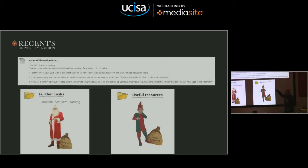Along with that, every app had a discussion board. That generated loads of really good discussion. And I was very conscious when I was designing it of, at first, designing it along connectivist learning